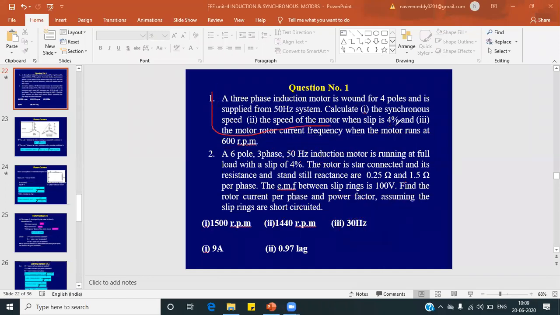So this is the first question, we have done it. No problem. And the second question is somehow lagging. Here, if you see lagging and amperes, the units, you can identify that ampere means this is about current, and lagging means this is about power factor. So far we have not discussed it, so today's class we will discuss it. I already shared the PPT with you, so you can try this problem after today's topic.